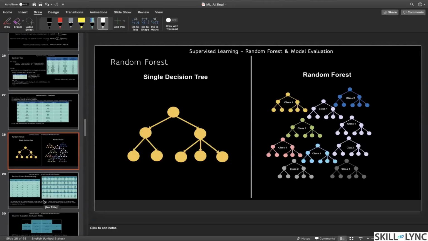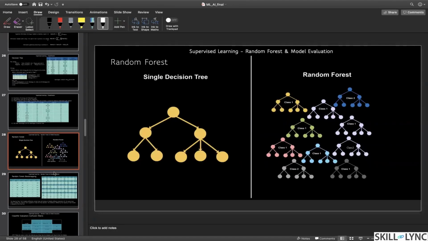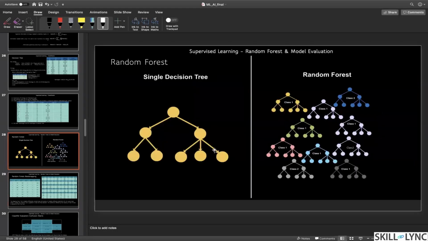Now, how does it work? That's important. At the back end, it works in a similar way using entropy and information gain. But let's imagine, don't look at the right table, just look at the left table. You have been given one data set which has 6 features, for example, and these are your input features. We are not considering any output here. I'm just showing you how, once we have only a single data set, we come up with multiple trees. That would be a question in your interview.